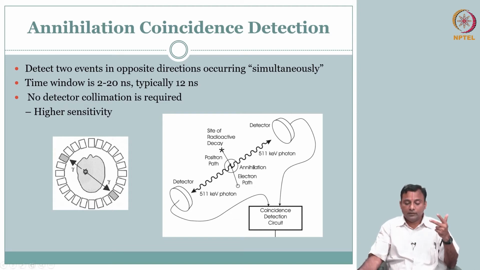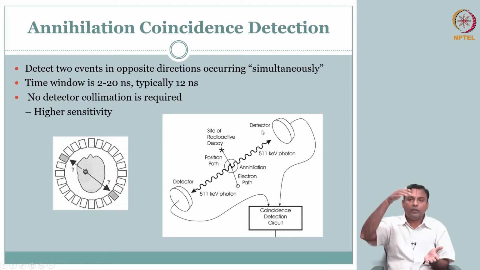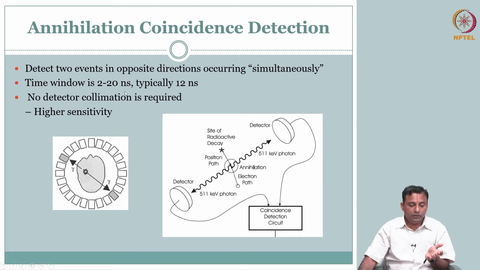One of the things is your coincidence, you want to do this, so that is fine, you can modify that instrumentation, but then you don't have collimation. So if I have to use the same instrumentation for SPECT, then I have to take the collimator for one study, put the collimator for another study. That is one inconvenience, but then that is just an inconvenience.